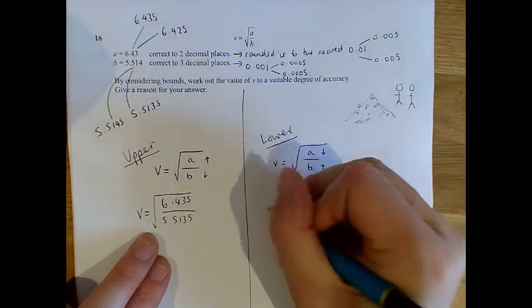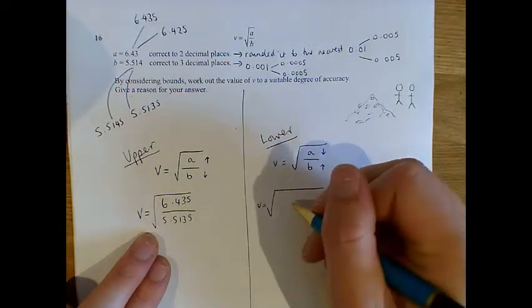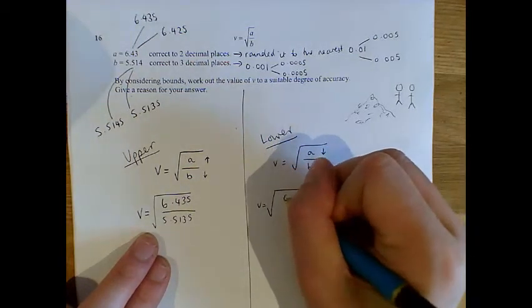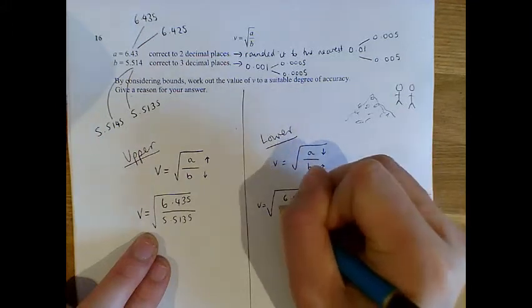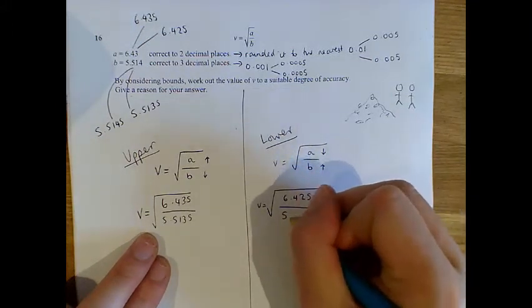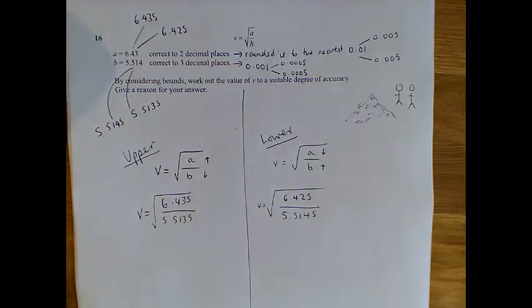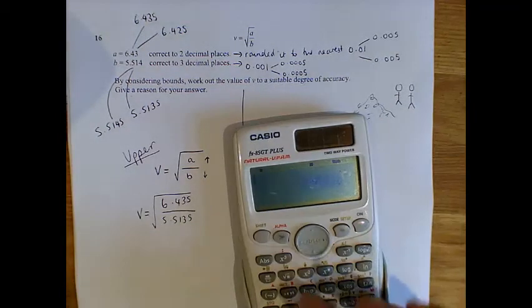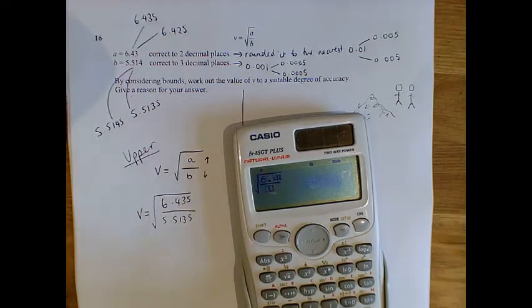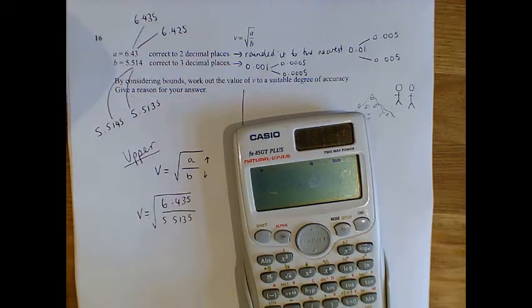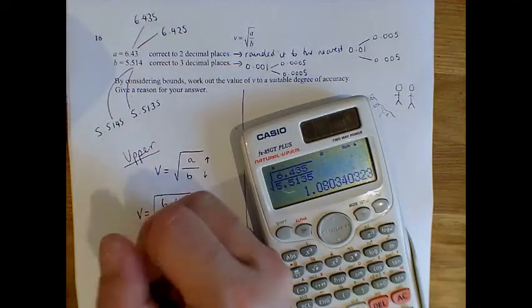And for our lower bound, we've got the square root of the smallest A, which is 6.425, divided by the biggest B, 5.5145. I'm going to type both of those in my calculator. So let's do the upper bound first. So square root fraction, 6.435 on the numerator, 5.5135 on the denominator, and that is